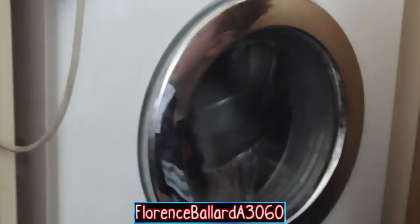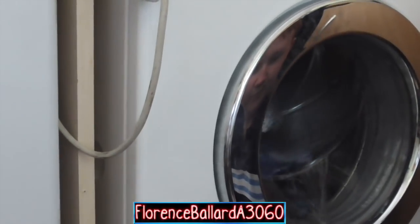I don't know why Hotpoint did that. Why they put the pre-wash here and the conditioner at the back. It makes more sense to have the conditioner at the front. Yeah. And the Hoover is pre-wash, conditioner at the back, main wash, but they're all...